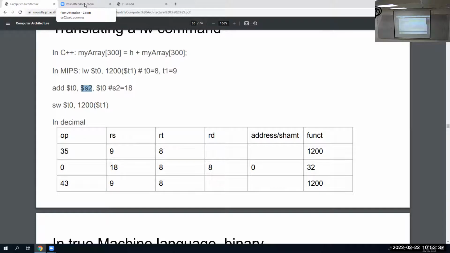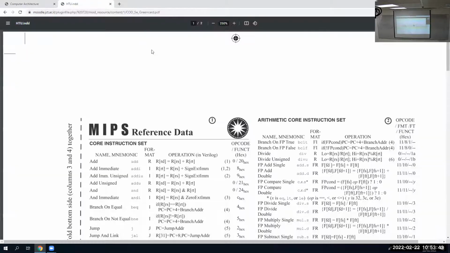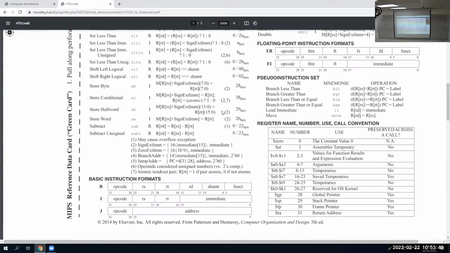All the registers have numbered values, 0 to 31. So I just go over here, and on my same green card, it has very conveniently written for me in a very concise way all the register names. This is register name, number, use, call convention. Use just means why you use it, what is it conventionally used for? Call convention,